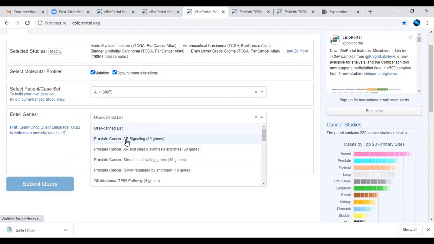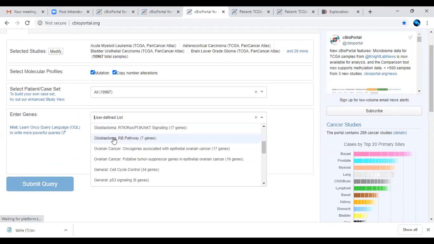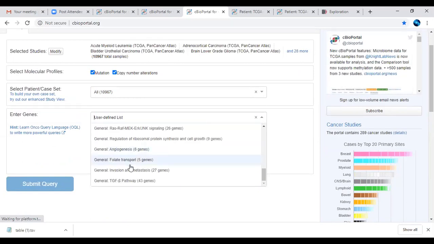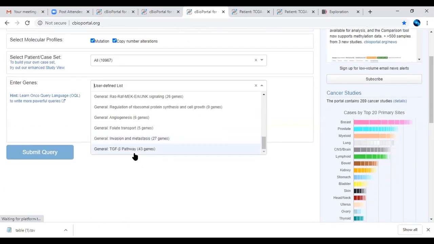Here, in prostate cancer they have used the AR signaling pathway, in which they have shown only 10 genes, whereas in different cancer types they have given particular pathway information, that is the RAS pathway. And you can also get a broad overview, where they have taken only the P53 signaling pathway. Likewise, if you are interested, you can select one of the pathways and see how many genes are altered in that particular pathway with respect to different types of cancer.